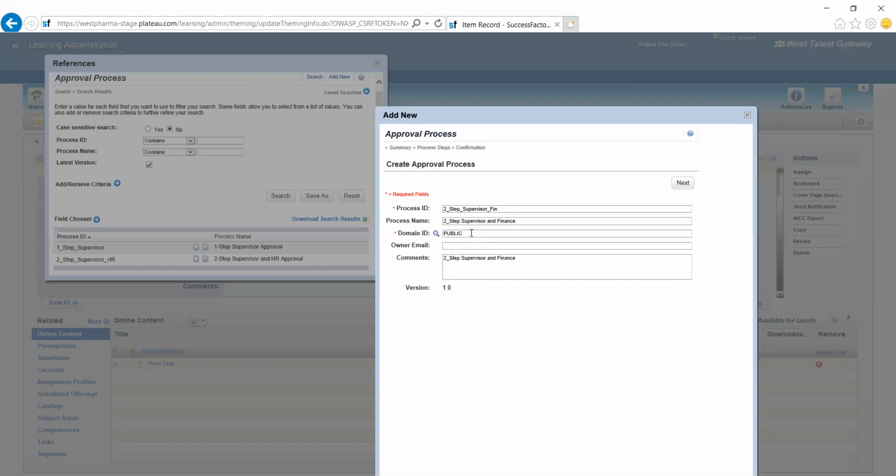And domain also you can specify, whether this workflow will be available in the public domain, or if you want a specific workflow for a particular domain. So it may happen that in one of your business units you need 2 levels of approval, and another business unit has a complicated structure and wants 3 levels of approval for the same thing. So you can make two different workflows and attach the domain. I will just put it in the public domain as we are in a testing environment.